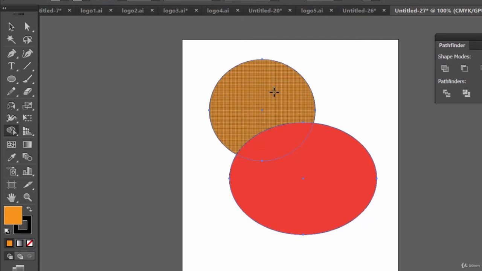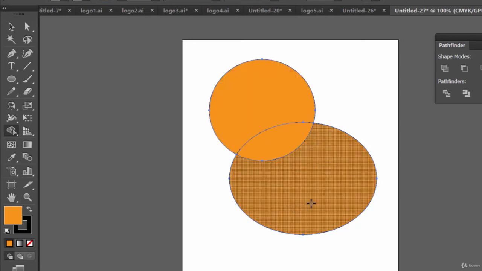Now, another thing that I didn't mention there is the color changing. So let's select this one, and this one. Now it's divided into three parts, right? But its color is this orange.